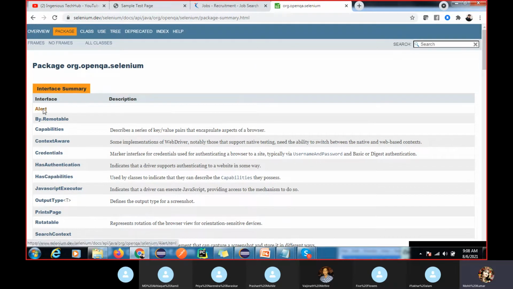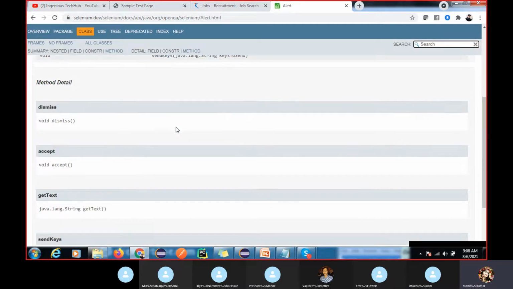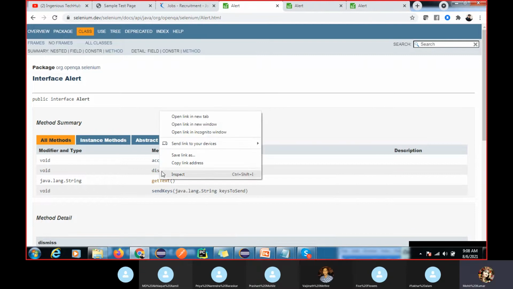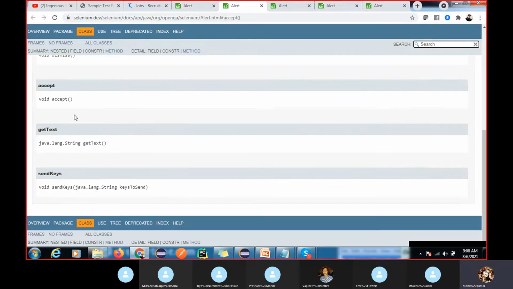Okay, you can see we have four methods. The accept method: if you want to click on OK, we can use the accept method. If you want to click on cancel, we use the dismiss method. If you want to capture the text, we use the getText method. If you want to enter anything here, we use the sendKeys method. So these are the methods.